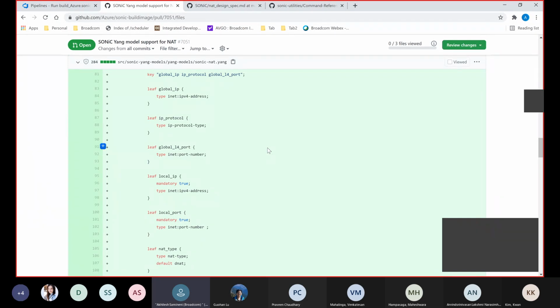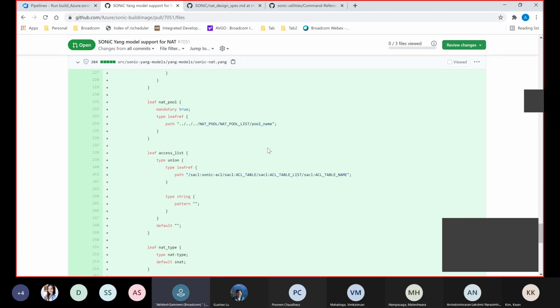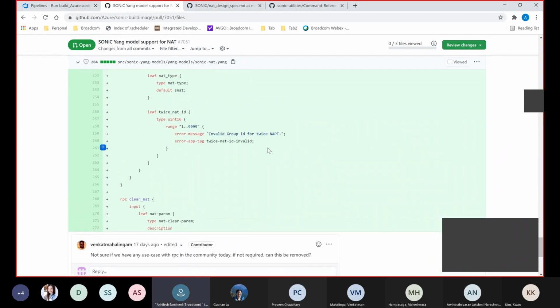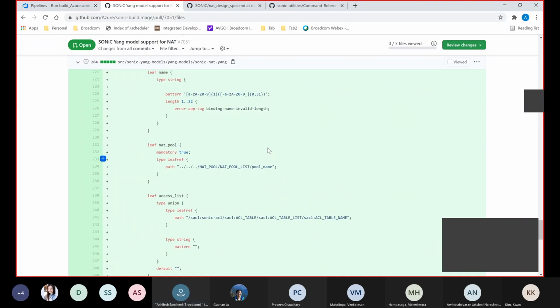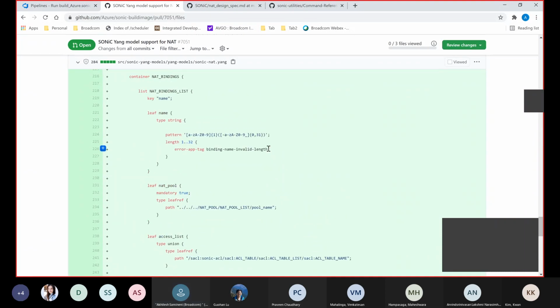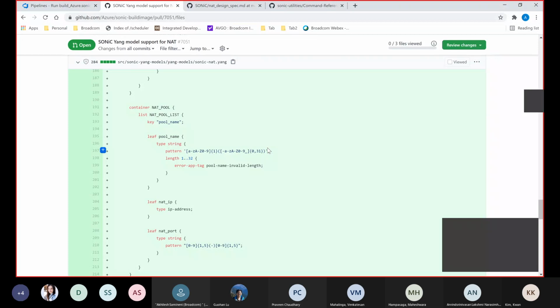Are you referring to the pool? Yes. But in your example, the NAT IP is a range, right? If you see line 704, that is a range.